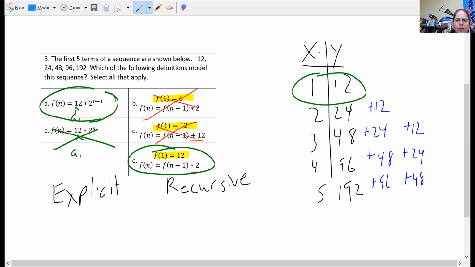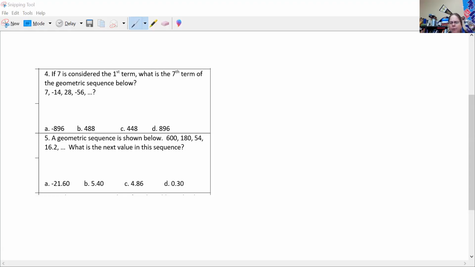Going to get the next one, so I'm going to pause this for a moment, get the fourth question up. I actually decided to go with the fourth and fifth because I could fit them in there. So as we take a look at these two, we're told in both that they are geometric sequences, so we're multiplying by something. So for number 4,